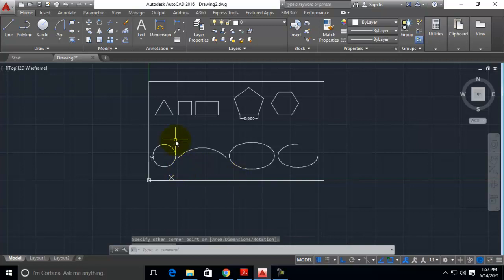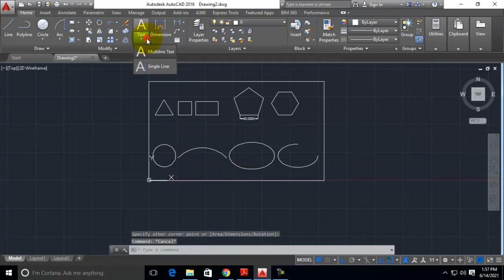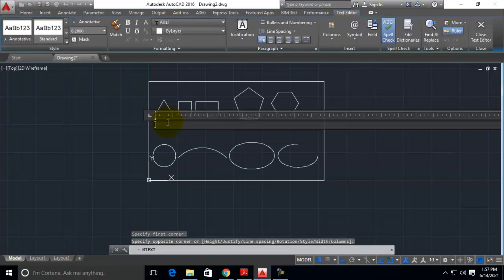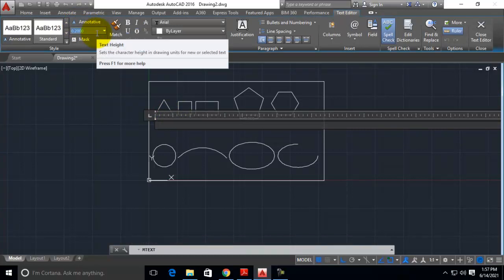Now we can use the multi-line text command, enter text boxes here below that triangle. You can use the text height as around 4.